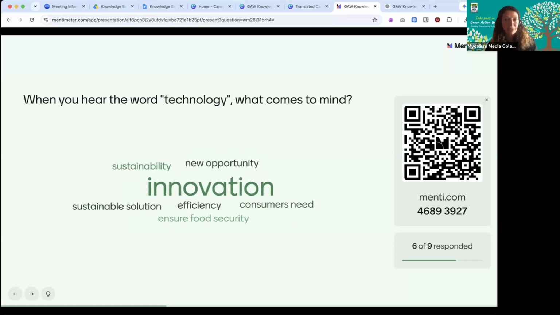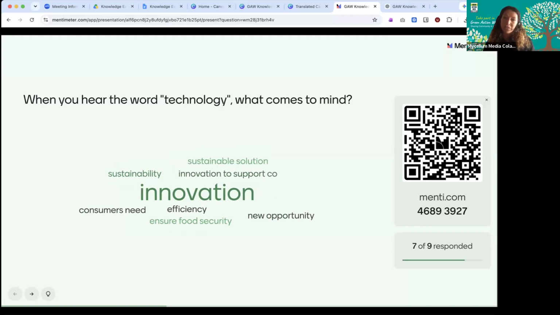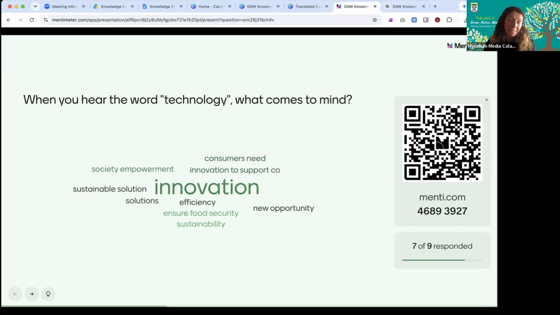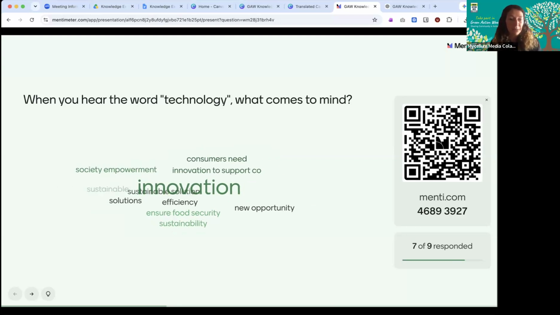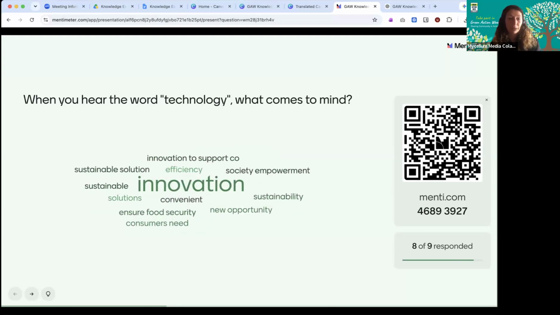So it can be used in different ways. And Excel was talking about sort of the GMO. I mean, GMO is actually a technology as well, but obviously not a particularly helpful one. And so there he was talking about the counter technology of using coconuts as a way of dealing with what sometimes the GMO might be trying to deal with. So society empowerment,